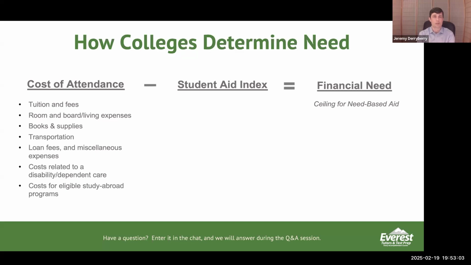So the closer we get to that final decision day, the more likely a school is to potentially reconsider how much aid they've given, especially if they feel like your student is an attractive candidate and they really want to get you over the line. It is always possible for them to come back and say, we gave you this much initially, but maybe more aid became available, or maybe they have decided that they really want your child to attend. So don't be afraid to do that.